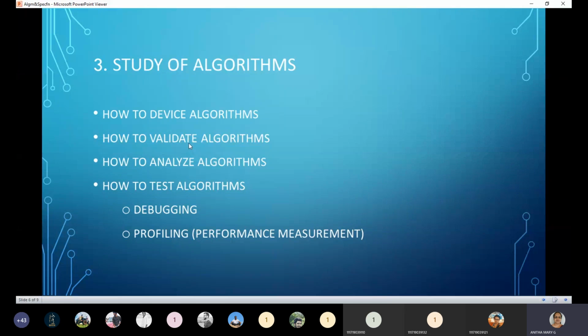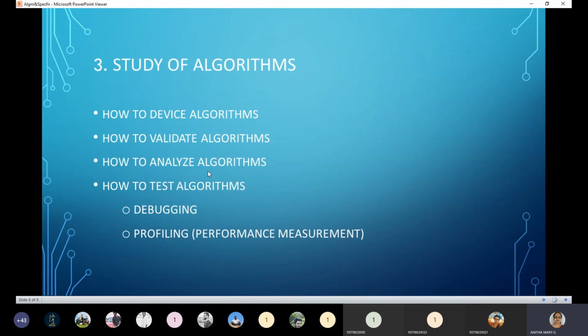So for all legal inputs, if the algorithm is working properly and giving some output, then we can say it is a valid algorithm. The reference of validation of an algorithm is solving and giving a solution for all legal inputs. Then moving on to the next one, analyze algorithms.